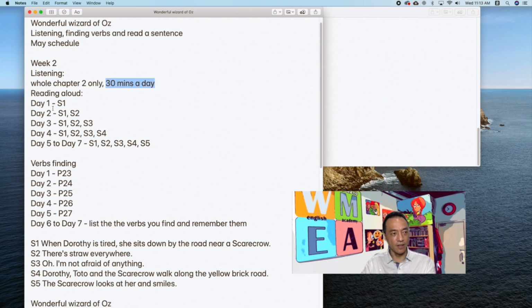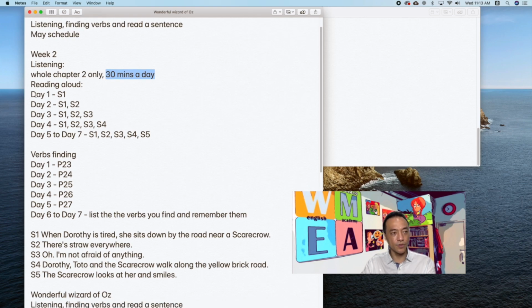And after listening to the audiobook, you have to read aloud. Day one, mostly it is Monday. My student will read the first sentence. After listening to the audiobook, my student will read one of the sentences only. And this sentence is something I selected for my student.